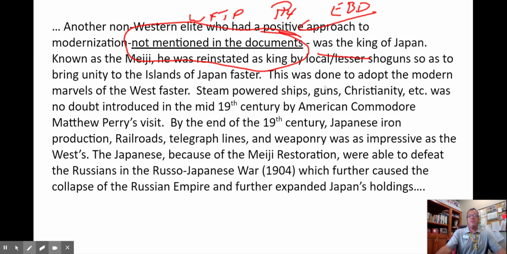And so this is just me continuing to chatter on about what I know about this. And this is something that maybe you knew. Maybe you remember Matthew Perry's visit. Maybe you remember how Japan was able to beat the Russians in the Russo-Japanese War. They didn't do that with flying stars and samurai swords. They did that through modern weaponry that they developed throughout the 1800s and the latter part of the 1800s in the Meiji Restoration, right? So again, there's your evidence beyond the doc. You wouldn't have had to talk about any of this. If you could just get that first part down, that'd be fantastic.